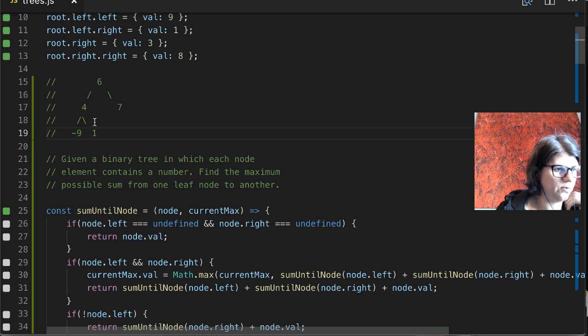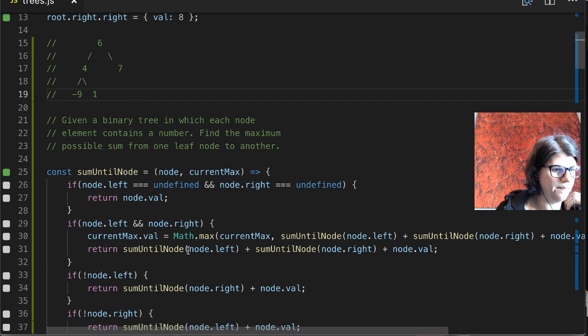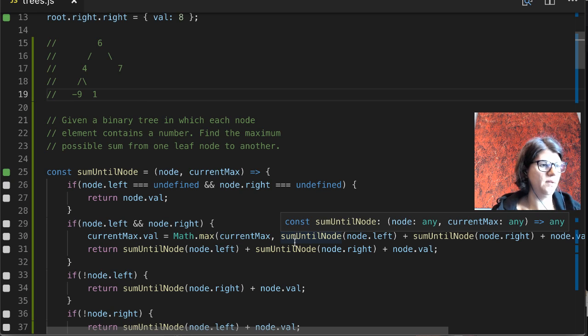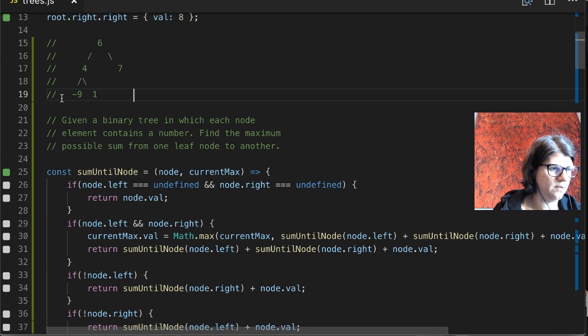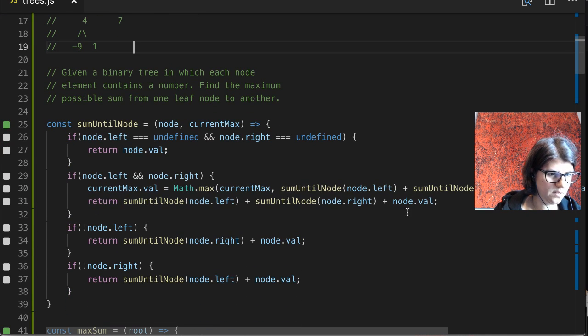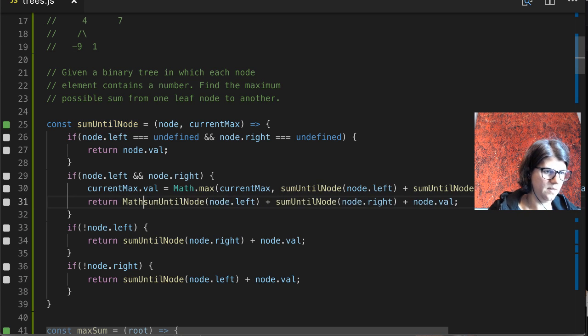is minus 9 plus 4 plus 1, but the maximum is, what's the current maximum if you just have a leaf? If you just have a leaf, then it stays at minus infinity. So the next maximum is from minus 1, that's the left node, plus the right node plus that. So it's this whole thing. And then the sum up to 4 is minus 9. I think this one here is not right? I want to say